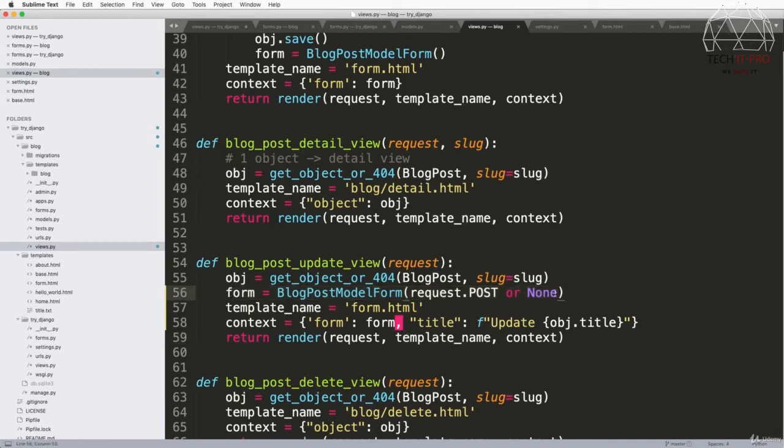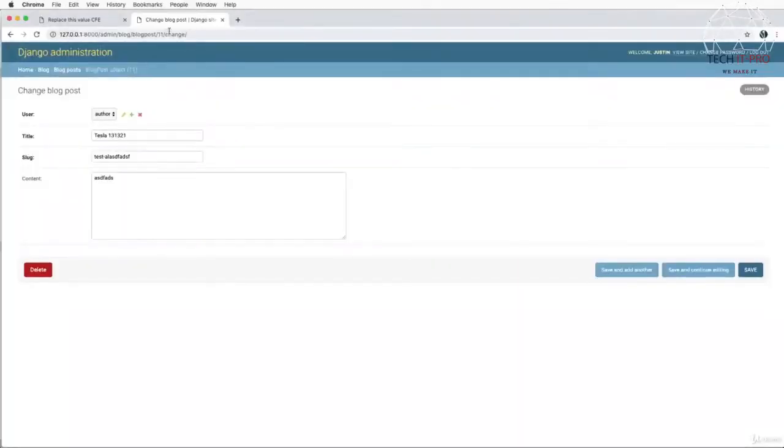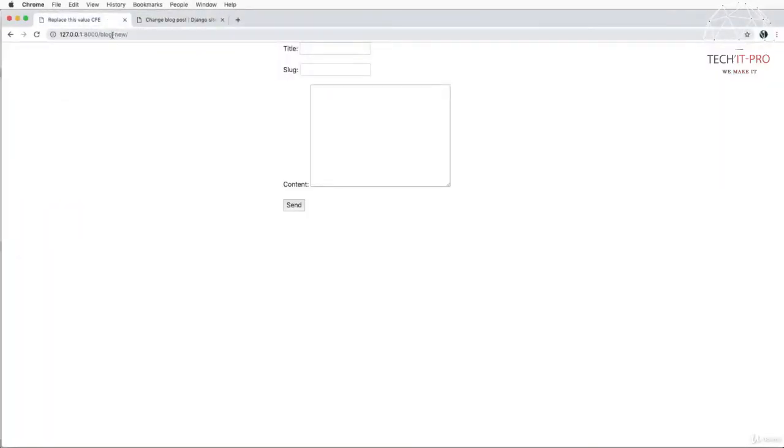Okay, so now that we've got our form in here and we have our title, we're going to add one more thing into the initializing of the form, and that is instance. So we looked up the object here, right? So it's based off of this view, so it's actually updating this object. We can pass into our model form an instance, and what that will allow us to do,